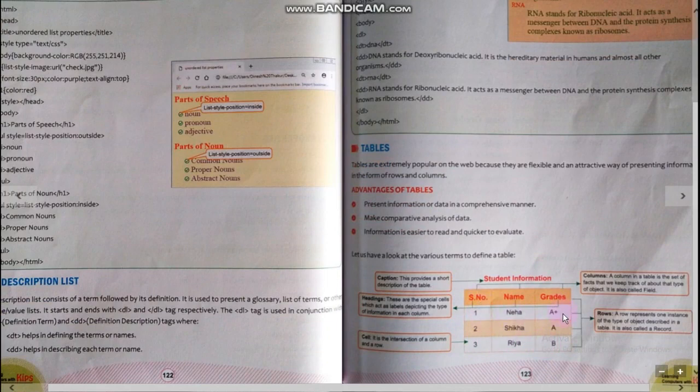These columns will be created with the help of the td tag. For the table headings of the columns, we can use the th tag, and for the caption of the table we can use the caption tag. And all these tags are kept under the main tag, that is the table tag.